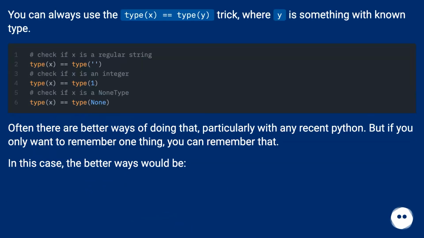You can always use the type(x) == type(y) trick, where y is something with known type. Often there are better ways of doing that, particularly with any recent Python. But if you only want to remember one thing, you can remember that. In this case, the better ways would be